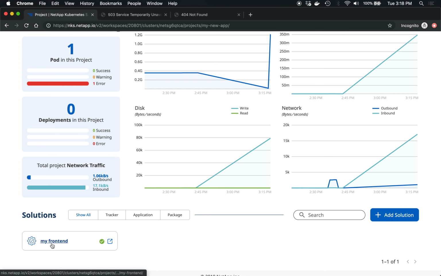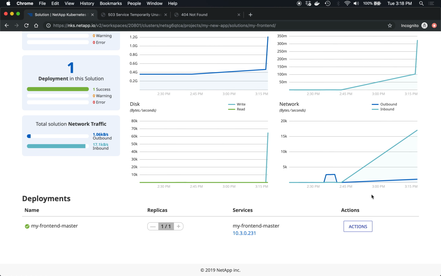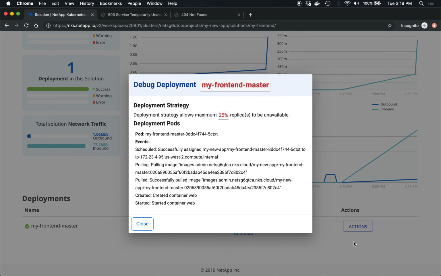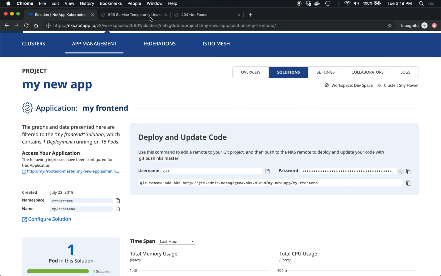Right now I've got my front end here, and as you can see, metrics are beginning to change. I've got the deployment here now. I've got a single replica there. I've got the services. I've got a way of seeing and debugging this, so I can go and look at the debug messages and go, okay, what's going on here? Everything looks cool. Let's close that, and now hopefully the service is online and public,